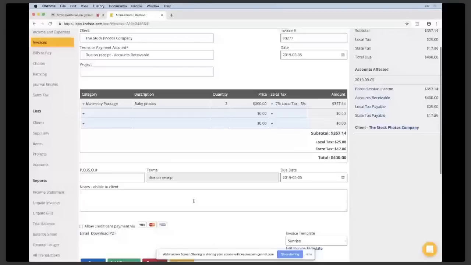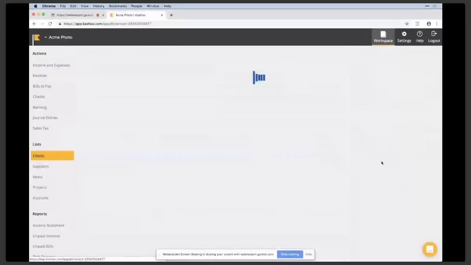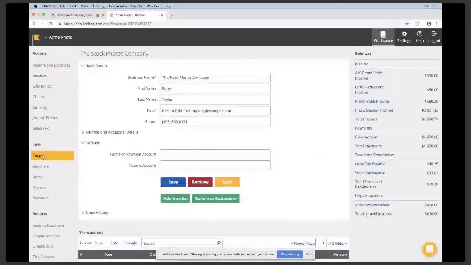We have other quick links in here that make the app quick to navigate around. So if I want to see every single invoice that I've ever issued off to this particular client, I can just click on their name here. This will take me over to the list section inside of clients and directly into this client,